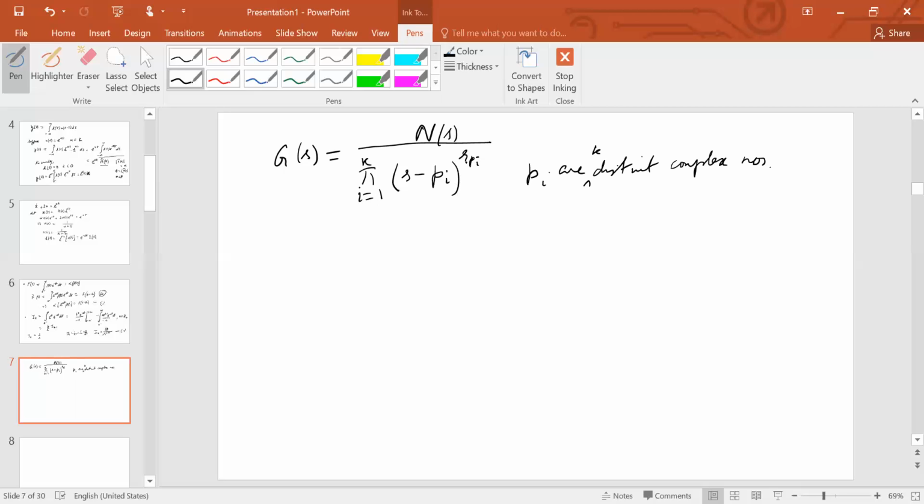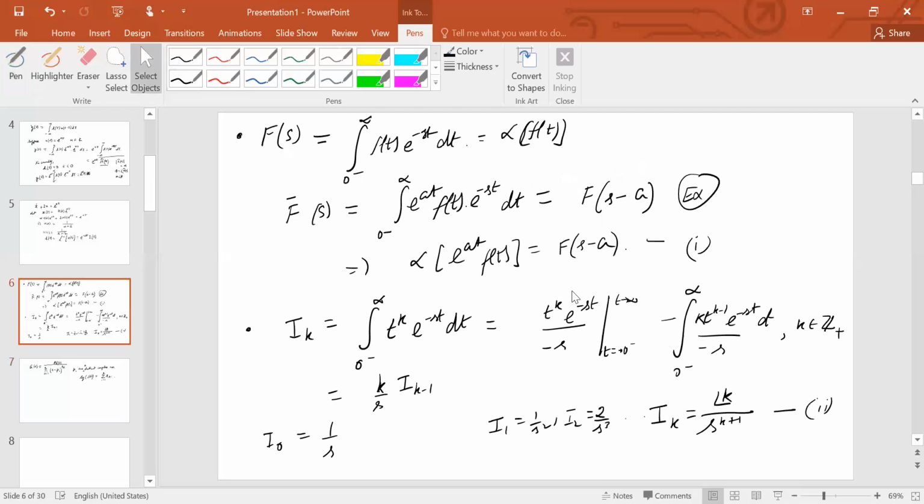But if they are repeated, then the degree is going to be, let's call this polynomial in the denominator d(s), the degree of this is nothing but the summation of r_{p_i}, i from 1 through k. I hope that you see this, right? It's pretty straightforward to see. Now the point is,